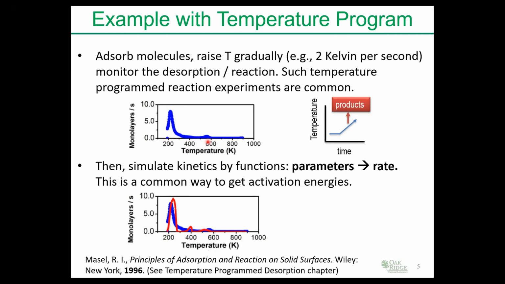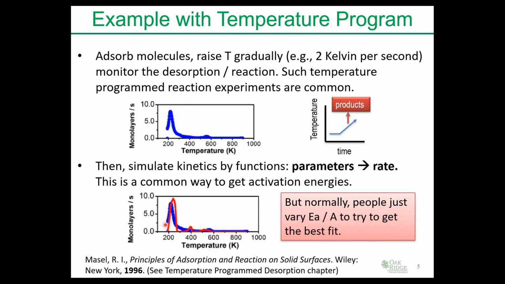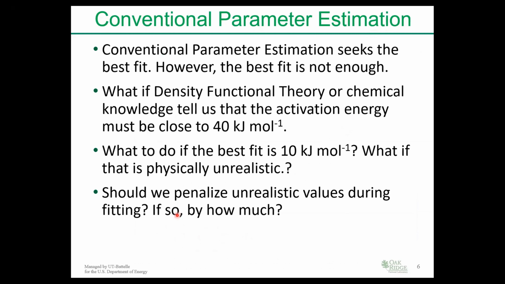It's common in the literature to use kinetic simulations, varying the kinetic parameters, in this case, activation energies and pre-exponentials, to achieve as good of a fit as possible. But what happens when those fits are not physically realistic? What if density functional theory or other electronic structure calculations, sorry,